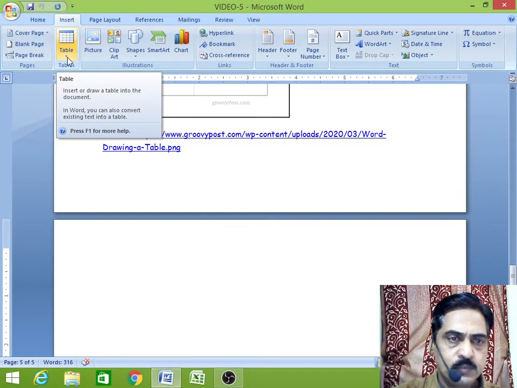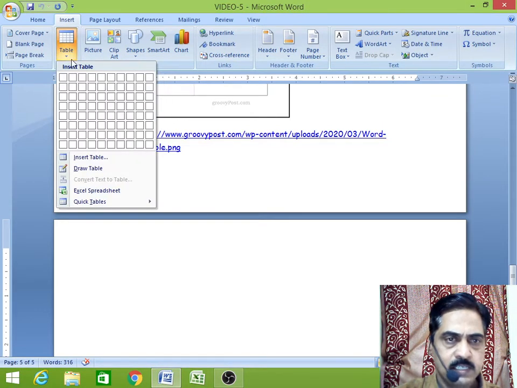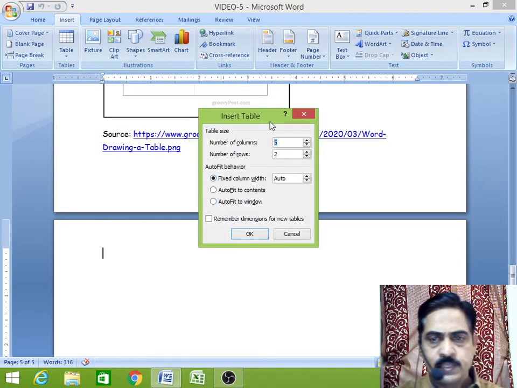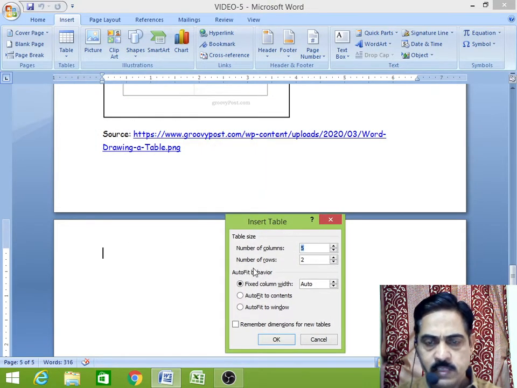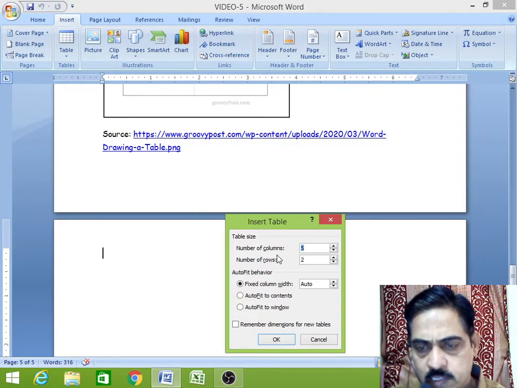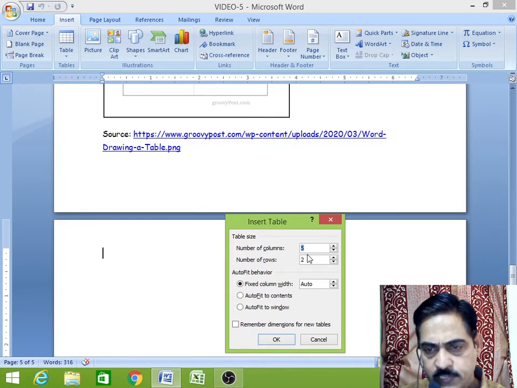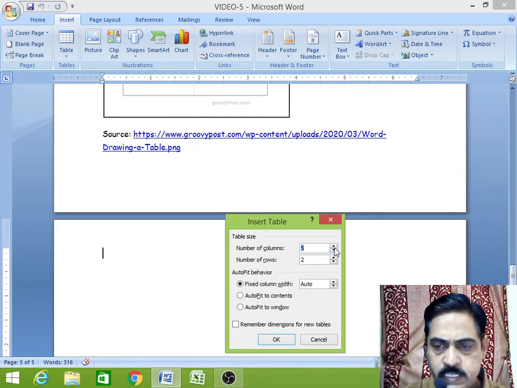In this table option, when I click, there are insert table, draw table, Excel spreadsheet, quick tables. I am clicking insert table. A dialog box or a window opens. Insert table, table size it asks. Number of columns, by default it takes 5. Number of rows, by default it takes 2. So I am changing this one.